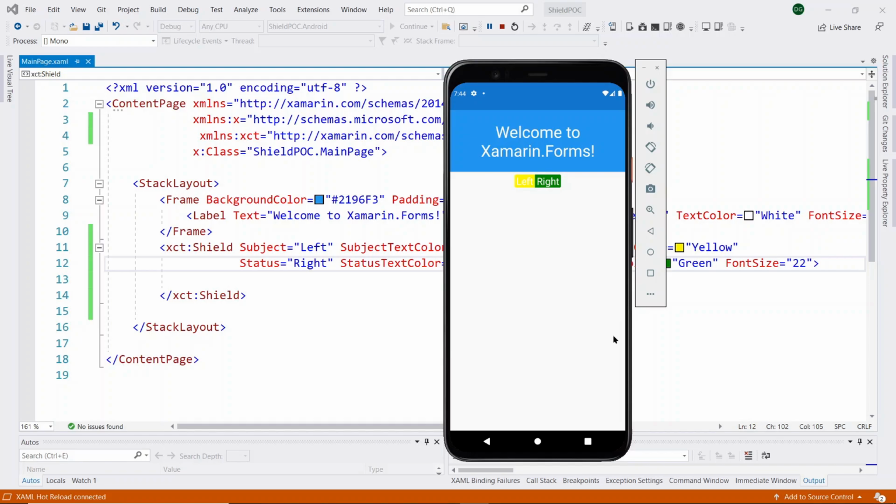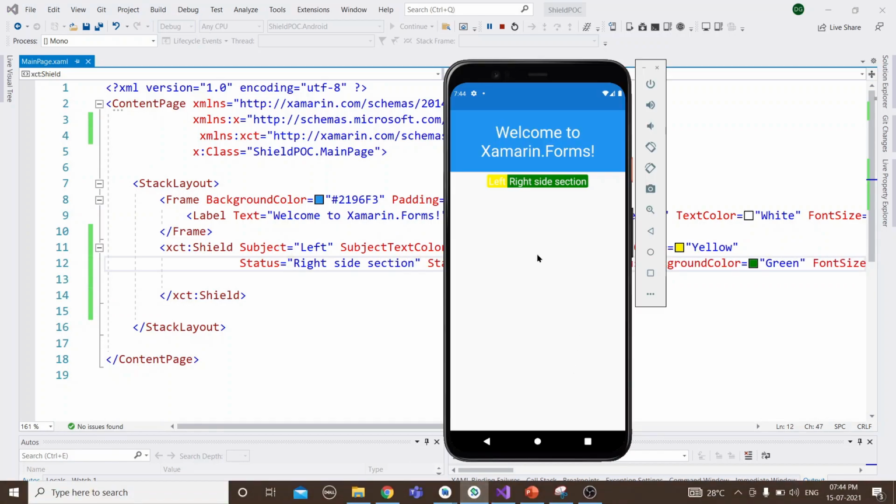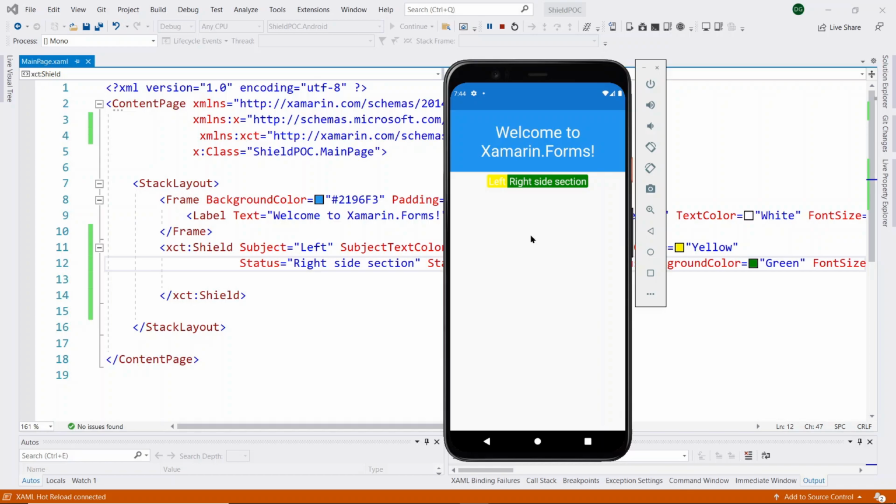Another advantage of this shield is that it will automatically adjust the width based on the text present in the left side section or right side section. For example, now I am increasing the text in the right side section. Here you can see that the right side section width has automatically increased.